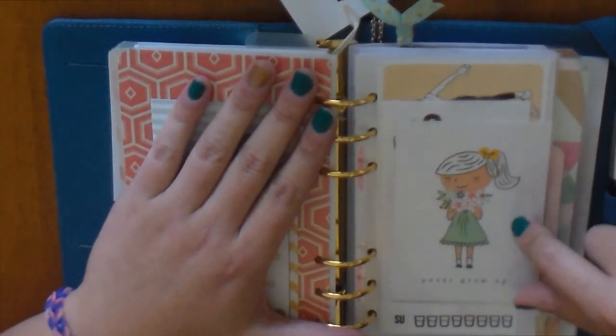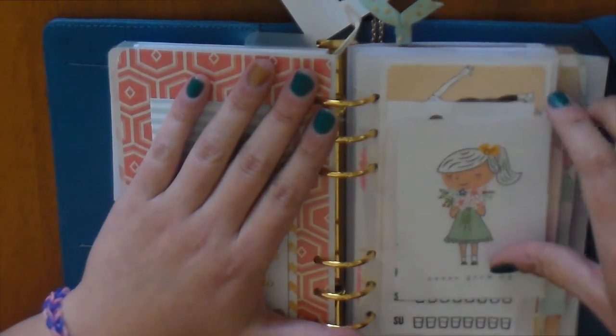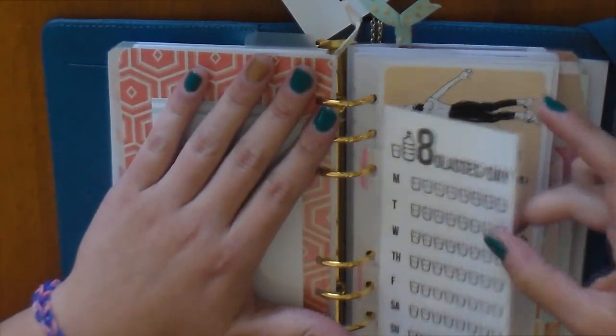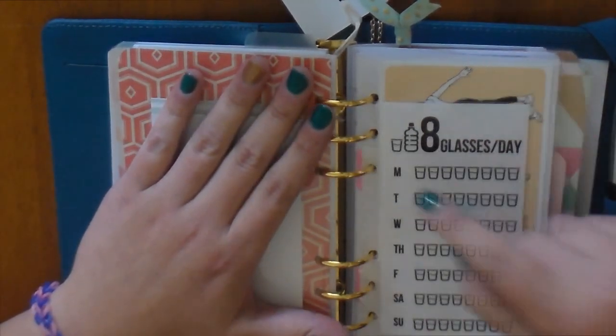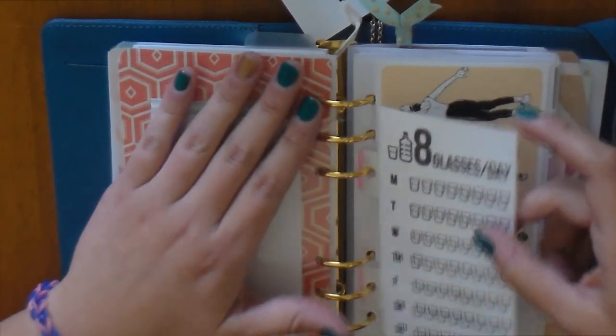Oh my gosh, this might be my all-time favorite Project Life card ever. And I don't even know where I got it from. Okay, so I have my 8 glasses a day. This is for the whole week. And you just color it in, or you can cross it out or whatever. And I laminated this so I don't...